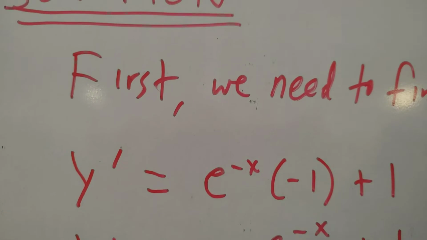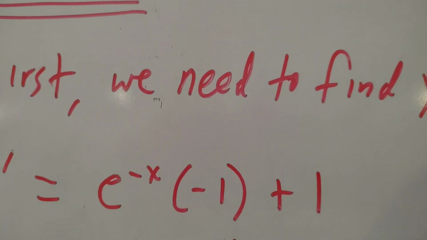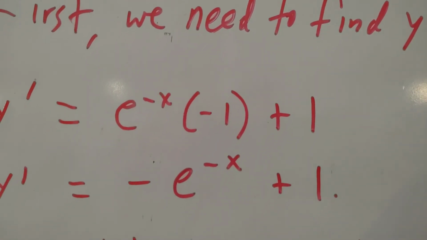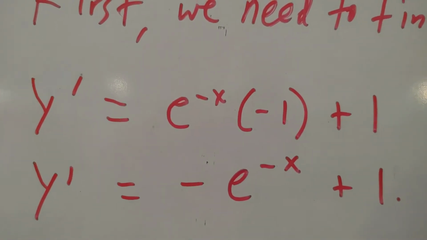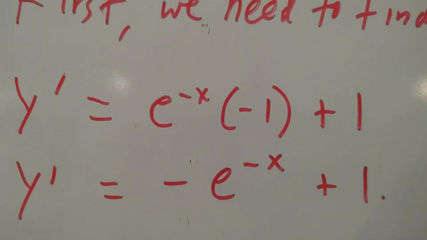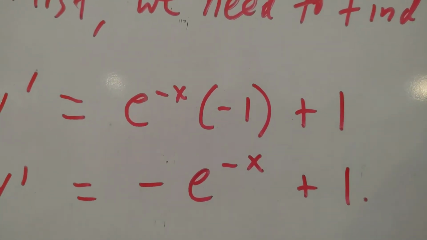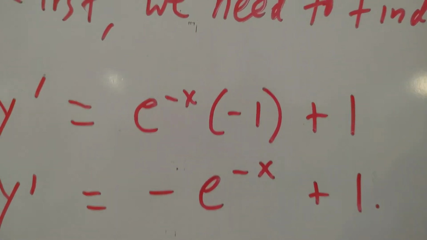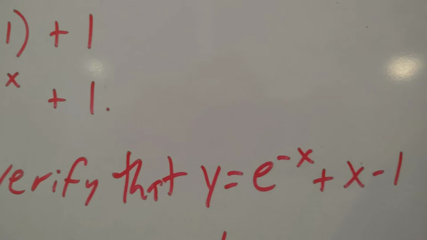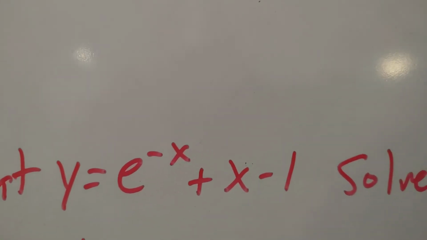Y prime is equal to e to the negative x times negative 1 plus 1. We don't have to write plus 0. And then simplifying, I get my y prime, which is the same thing as saying the derivative of y, is simply negative e to the negative x plus 1. Okay, so now that I have y prime, next, let's verify that this value of y, which they gave us,